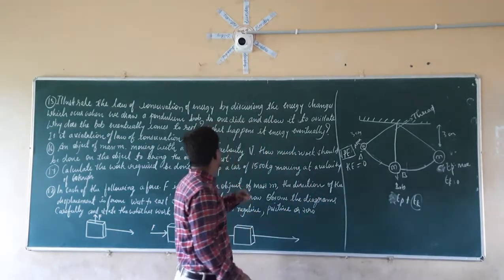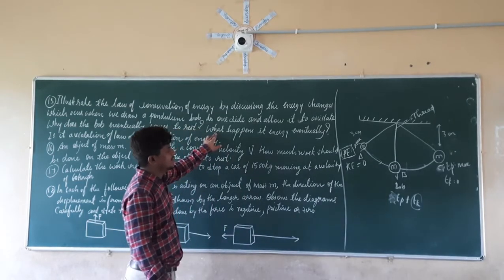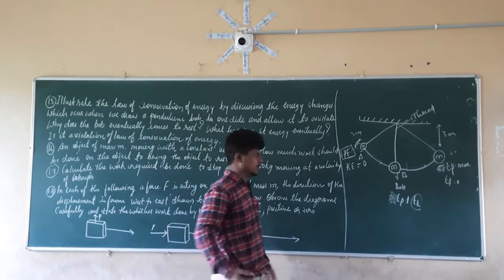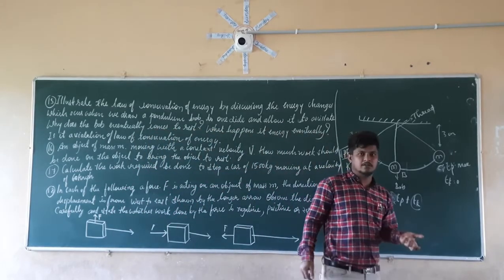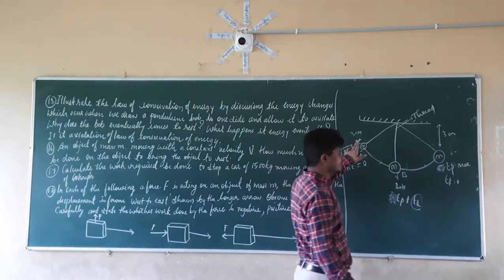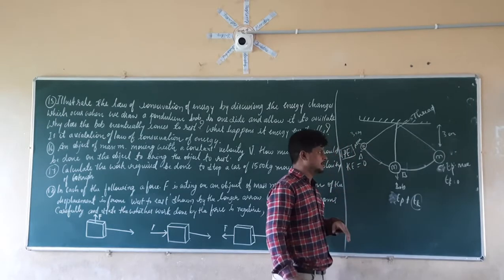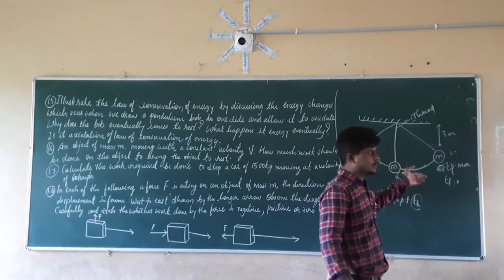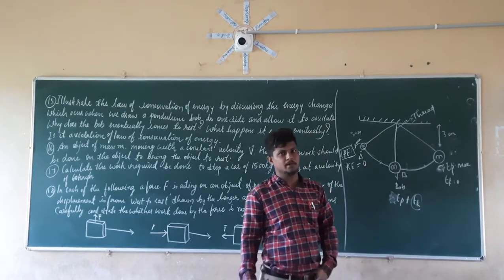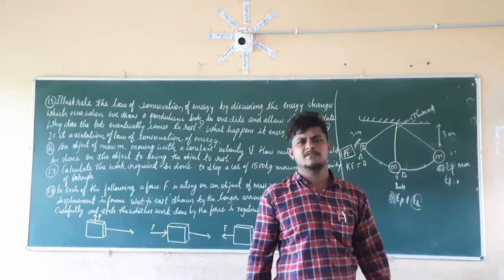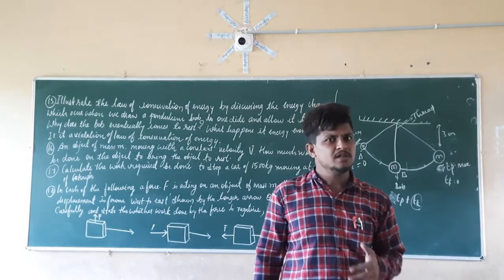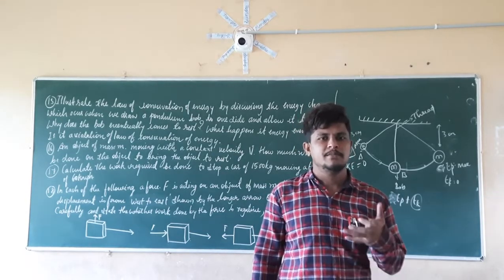Right. So the next question is, what happens to its energy eventually? See here, we already know that with the law of conservation of energy, energy can neither be created nor be destroyed. Here the potential energy is getting converted into the kinetic energy, and here the kinetic energy is getting converted into the potential energy, right? So if the pendulum bob stops at some point of time, then it doesn't have any energy. So what is happening to that energy?